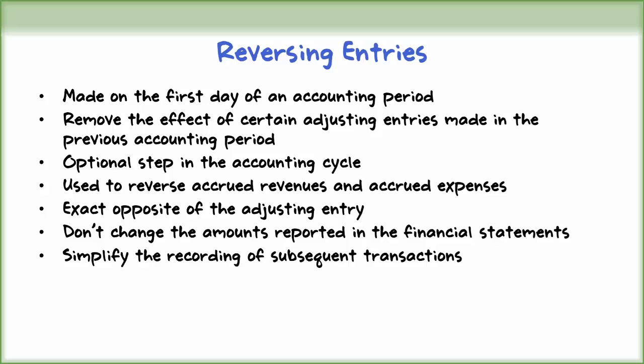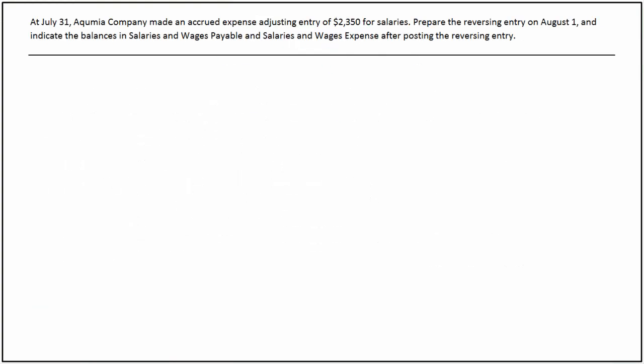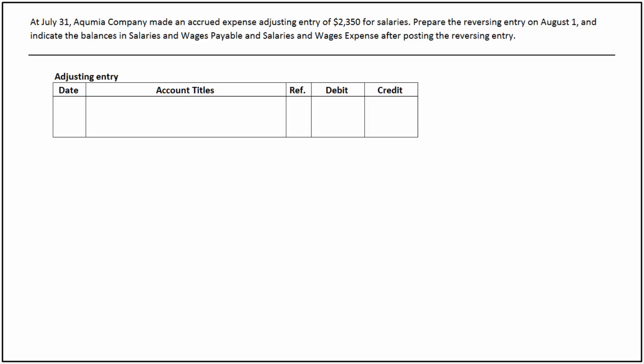Let's look at an illustration to see how to prepare reversing entries. On July 31st, Aquima Company made an adjusting entry for salaries that were accrued at the end of the month for $2,350. We will prepare a reversing entry on August 1st and indicate the closing balances of the accounts after recording the reversal entry. The adjusting entry that would have been posted on July 31st for the accrued salaries expense